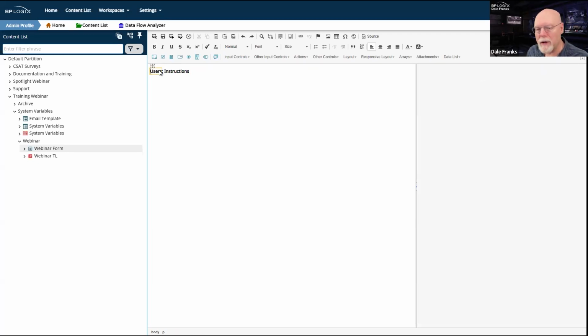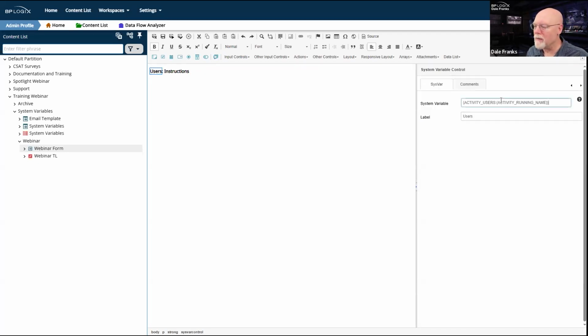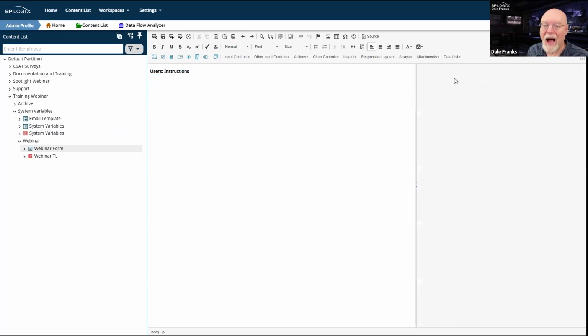Now I've got a couple of different ways of putting system variables into my form. I can, in fact, just type a system variable just like that. And for my task instructions, I might as well just type it out here.